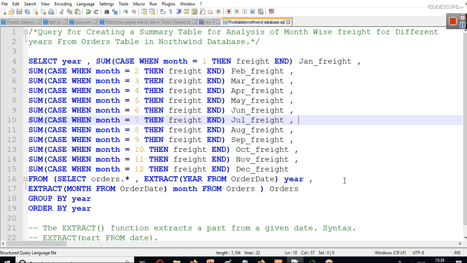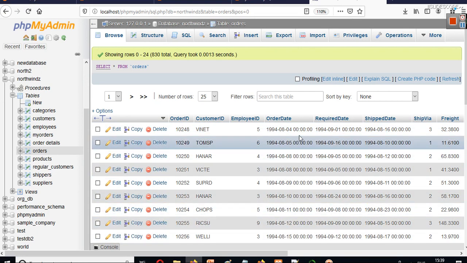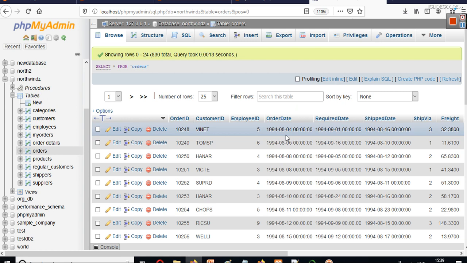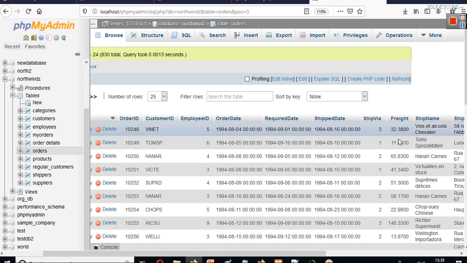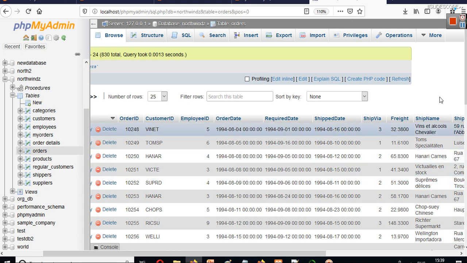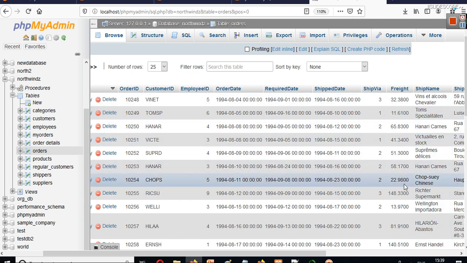Now you have to think like this. Suppose we have the data for every date here, right? So this is 9484, this is 9485. So this is data of August 94. We have data of the month of August for year 1994 and we have these freights. Now if you are asked to calculate the total freight collected for the month of August 1994, what will you do? You will simply sum all these values.